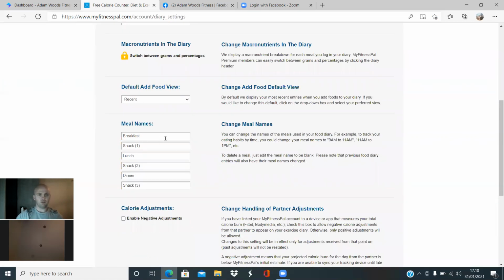so as you can see here, we've got meal names. I think when you first download MyFitnessPal, it just comes up with breakfast, snack one, lunch, and dinner. There are another 2 columns in here which you can use if you feel you need to. You can change names of these as well if you want to. So you could call that